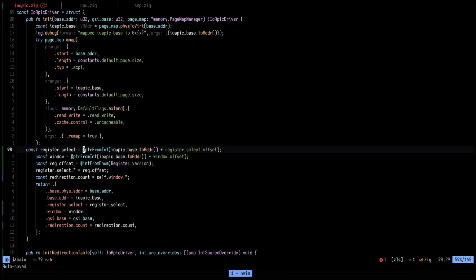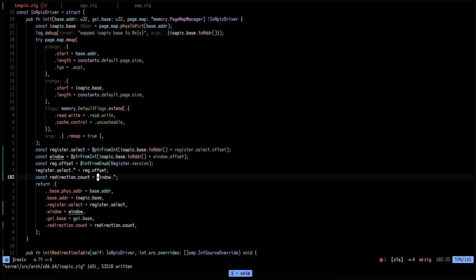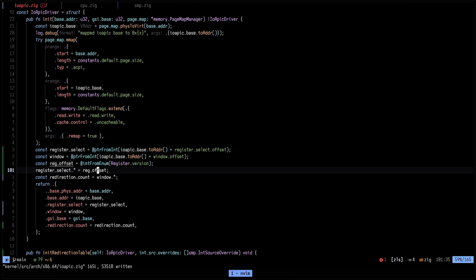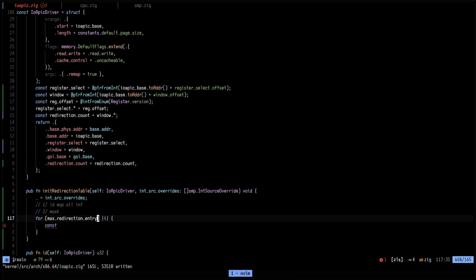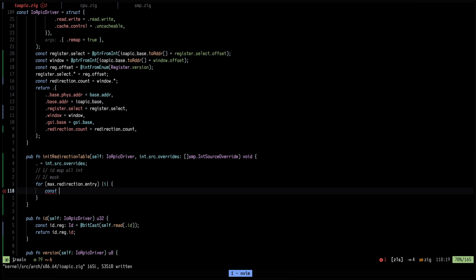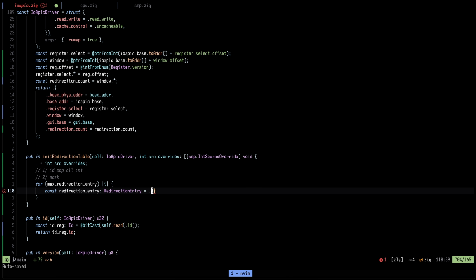Okay, so that should be okay. This one is the offset, this one is that, and then here we can just get a window. Cool. And now we have the redirection count. That looks very nice. So now let's get to this. So direction entry is, let me just type in, this redirection entry is